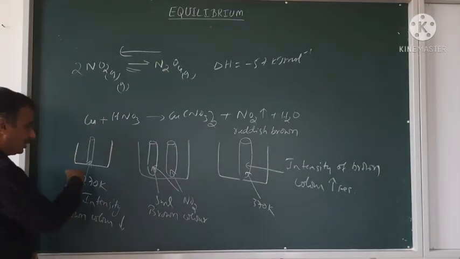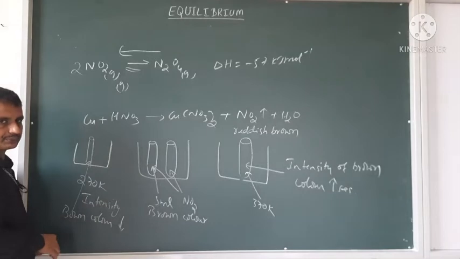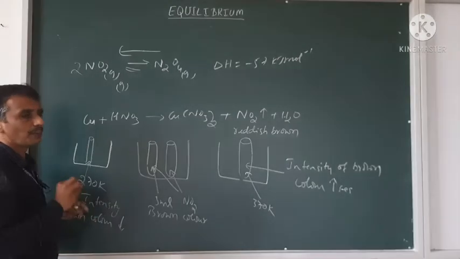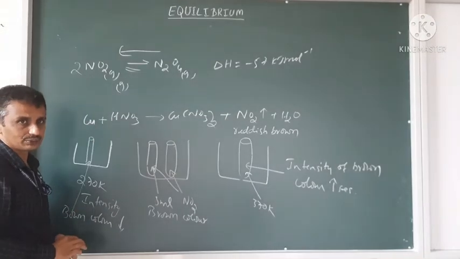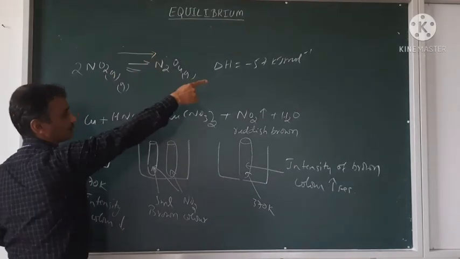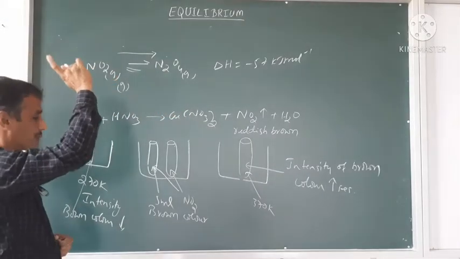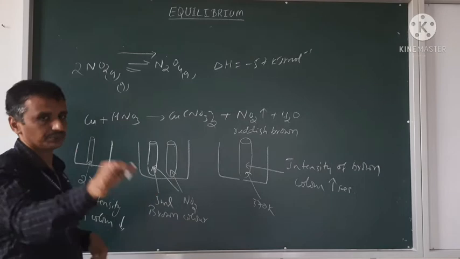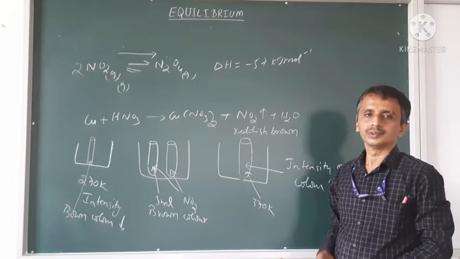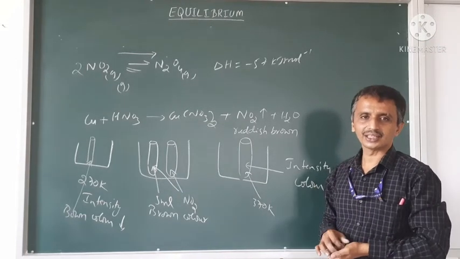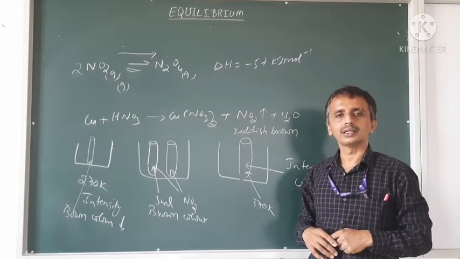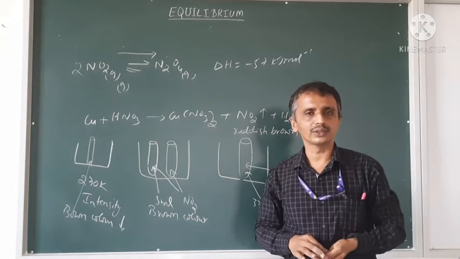Whereas here what I did, I decreased the temperature. When I decrease the temperature, the reaction tries to increase it by giving heat. Heat is evolved if it goes to the right, because the right is the exothermic reaction, and it proves that when the temperature is changing, the equilibrium will readjust its direction. Right? When the temperature is changing, the direction of equilibrium will be changed.